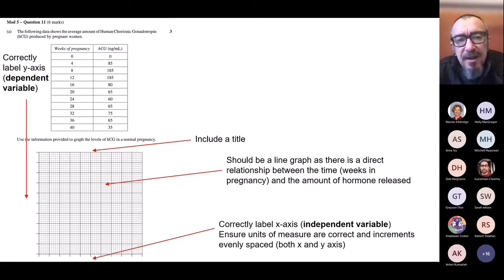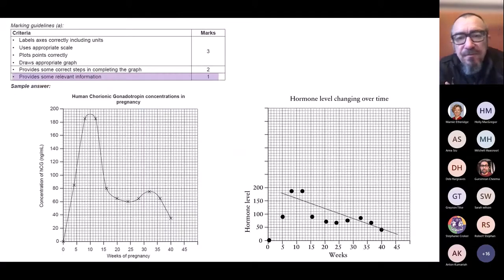Other key tips are you must include units in your axes. And I'd strongly urge you to include the title. You just don't know what the marking criteria might have, and that title doesn't need to be particularly fancy, but engage with the dependent and the independent variable. So in this case, it will be, how do HCG levels change over the course of pregnancy? And to highlight that, and this is always a big focus of mine and will be for a lot of this talk, is looking at how the marking criteria is applied